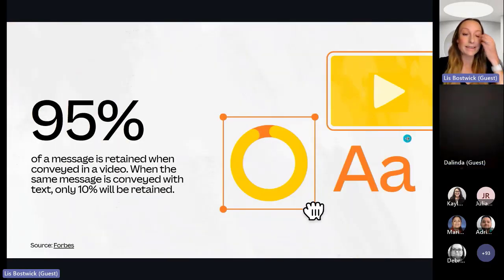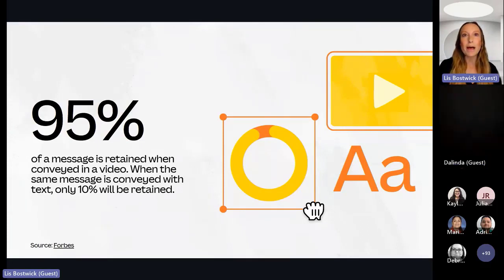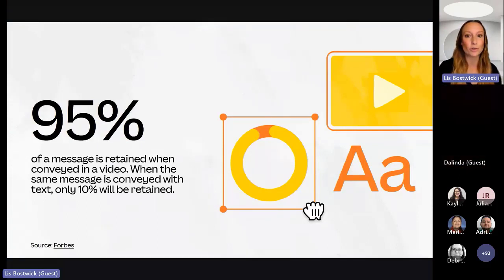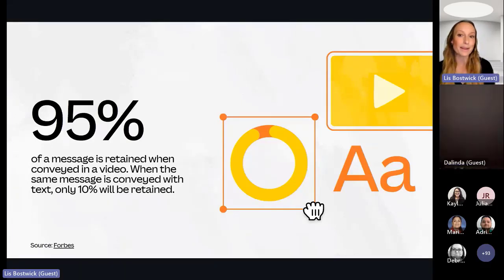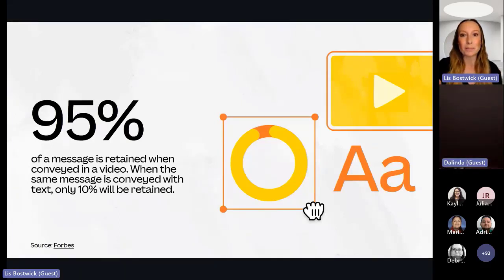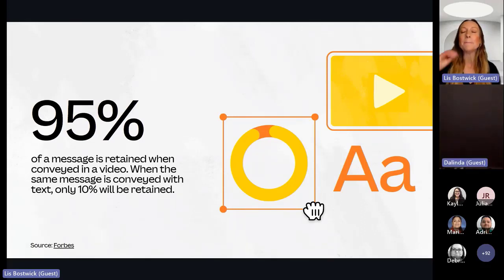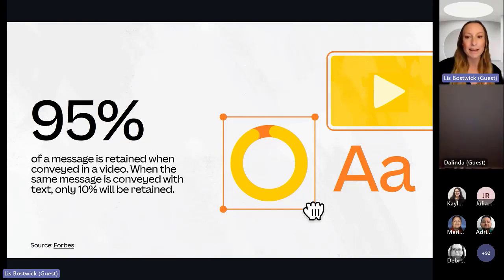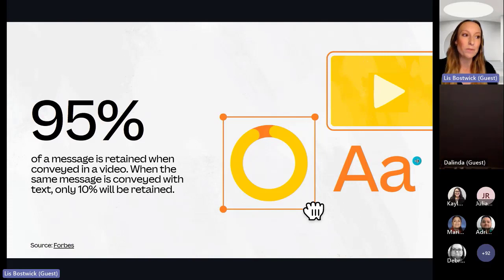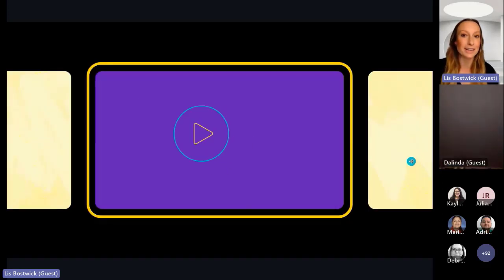One thing to keep in mind is that 95% of messages in video are retained. So think about how often we're scrolling or our students are scrolling and how captivating video can be, right? I think about even watching my own teenagers, and sometimes I can see them scrolling, and it's video after video. So we don't want our students just constantly consuming video, but anytime we can shift from consumers to creators with video and help them to see we can show our understanding, that is powerful.